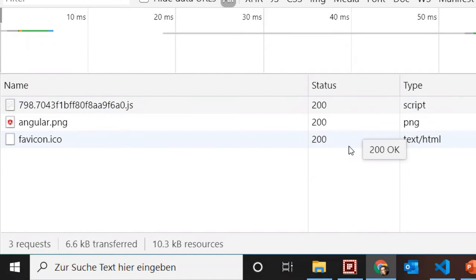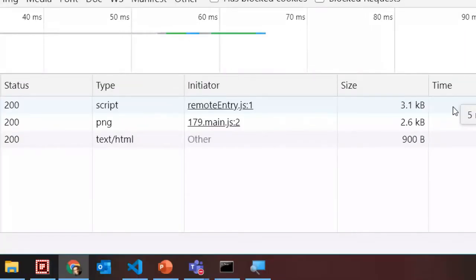The best thing about this bundle is it only has 3.1 KB, which is literally nothing. And this proves that my microfrontend does not come with its own version of Angular. It is just reusing the Angular version loaded into the shell. This calls for very tiny bundles.